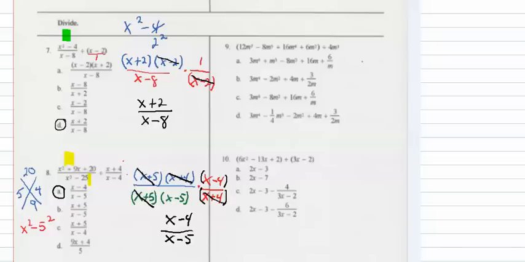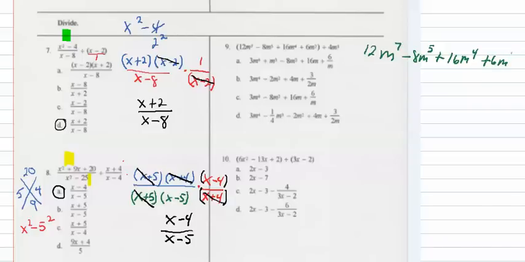This one I'm dividing, so I'm going to go ahead and rewrite it because I need a little bit of workspace here. I've got 12m to the 7th power minus 8m to the 5th plus 16m to the 4th plus